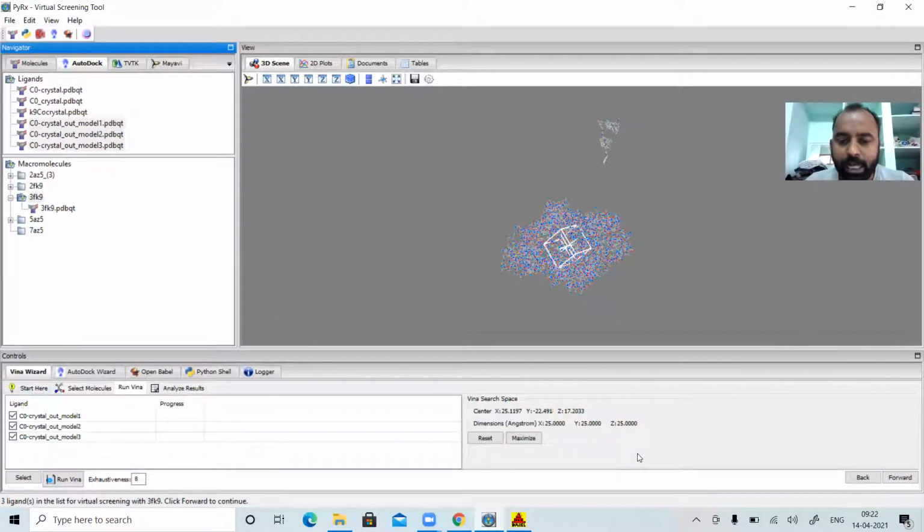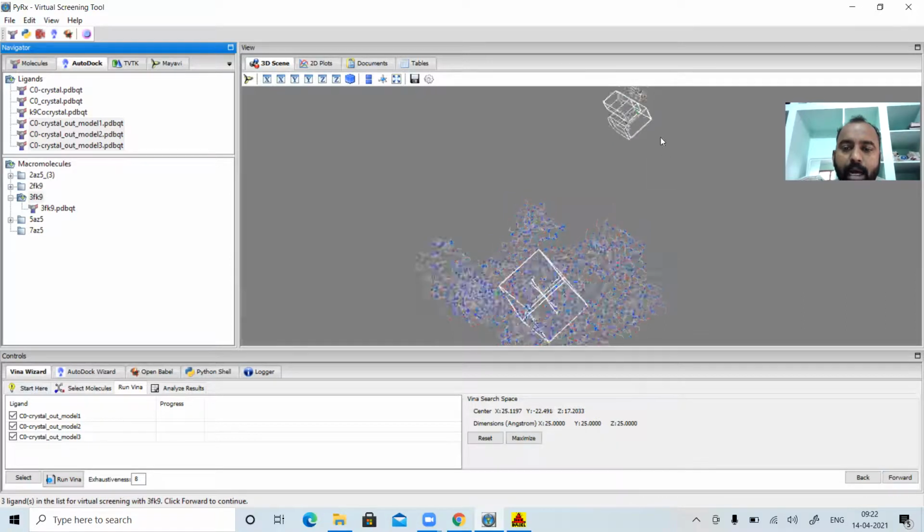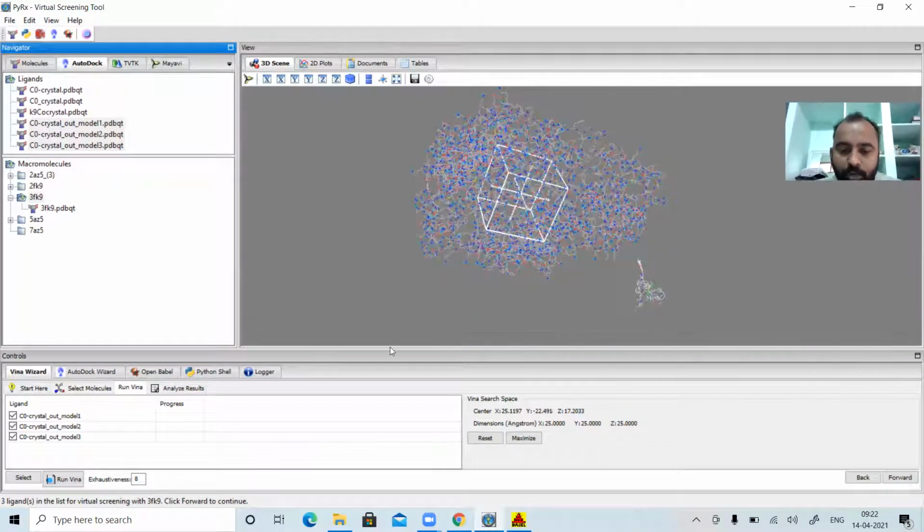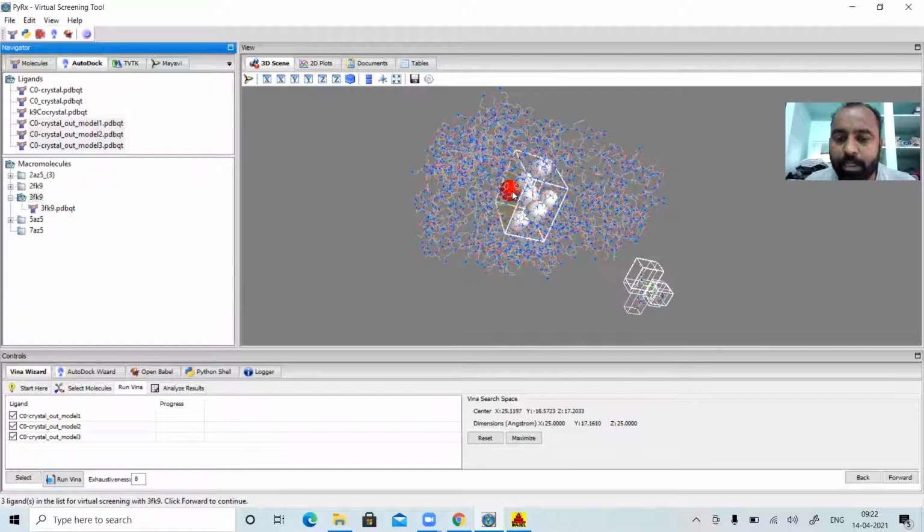Now your grid coordinates are appearing on the screen. However, I told you, these grid coordinates are not your coordinates. The coordinates which you have seen in Discovery Studio are the coordinates. For that, you need to change the coordinates. Suppose my x coordinate was minus 1.534. Now I have to change it. For that, I'll simply drag this coordinate. See, my y coordinate is changing. Now I'll simply change my x coordinate. See, my x coordinate is changing.